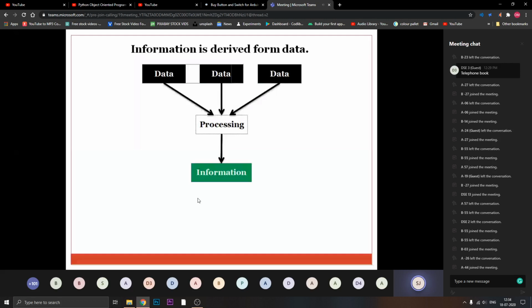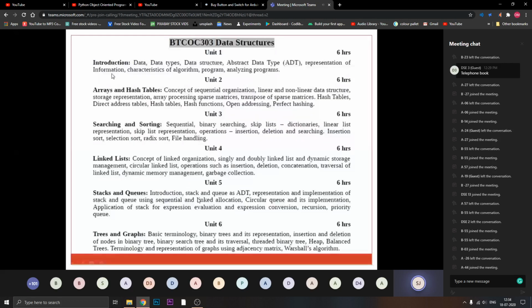Just now we discussed abstract data type. We discussed representation of information: character, integer and real. Characteristics of an algorithm: effectiveness, finiteness, input, output, and definiteness. And we discussed the program life cycle, 6 steps, and how to analyze your program by asking 6 questions so that I can say my program is perfect.